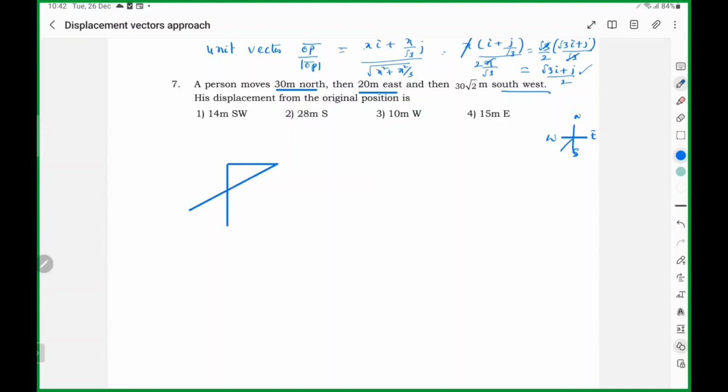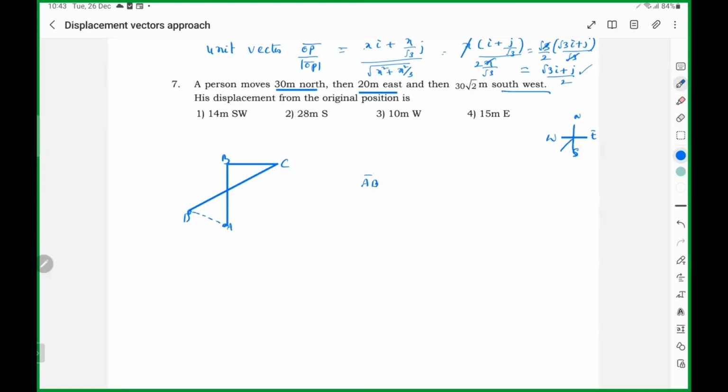So that is 30 root 2 meters in the southwest direction. So here AB, his displacement from the original position. Initial position is this, final position is this. You have to find out the displacement. So by using vectors,